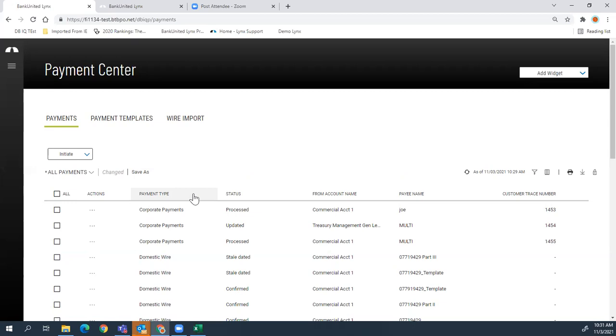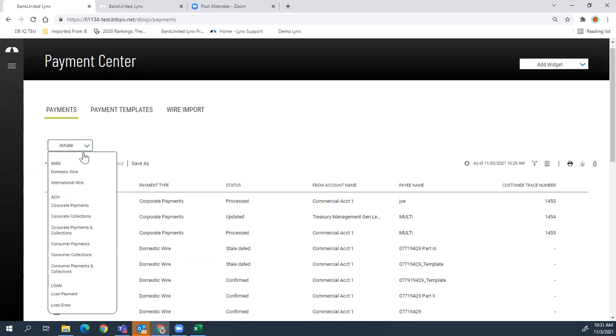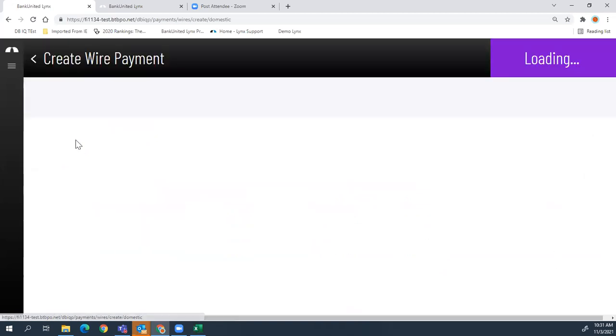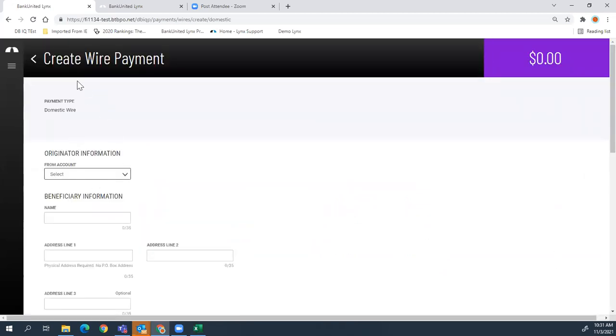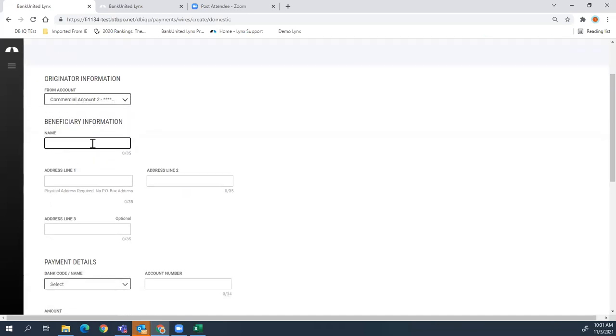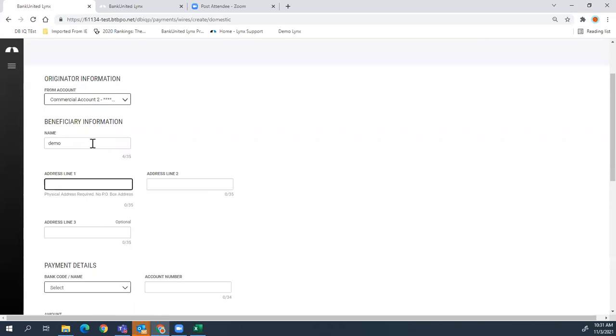This is how you're going to get to the various payment types. So you can see up top, I have wires, and then you have ACH. And then if you had a loan that allowed pays or draws, that would be below. So we're going to start out, we're going to just show you the domestic wire first. So in a domestic wire, once I click my payment type, you can see the payment type itself is locked. And then you begin to enter your information. I won't dive too deep here, but